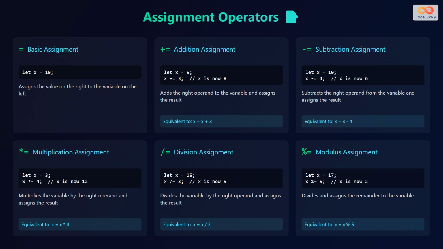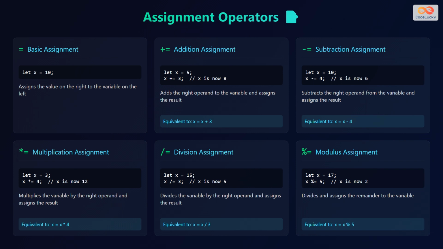equal to 8. The subtraction assignment operator subtracts the right operand from the variable and assigns the result. For example, if x equals 10, x -= 4 is equivalent to x = x - 4, making x equal to 6. The multiplication assignment operator multiplies the variable by the right operand and assigns the result. For example, if x equals 3, x *= 4 is equivalent to x = x * 4, making x